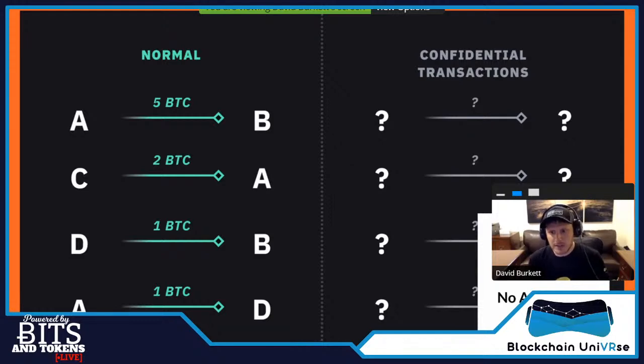But with confidential transactions, that's all hidden. You just have no amounts. There's actually no addresses in Mimblewimble, so there's no possibility of reusing your address and leaking data that way. You don't learn anything about the amounts by seeing it. You just see that coins are moving. They just look like big long numbers that don't mean anything to most people. You just see coins moving. So that's one big thing with Mimblewimble.